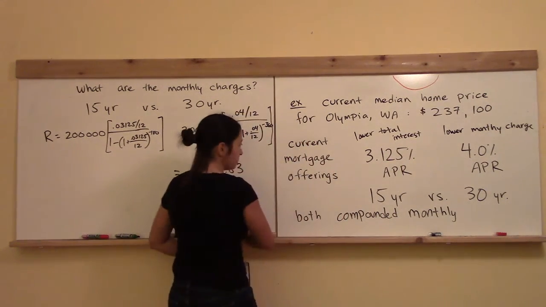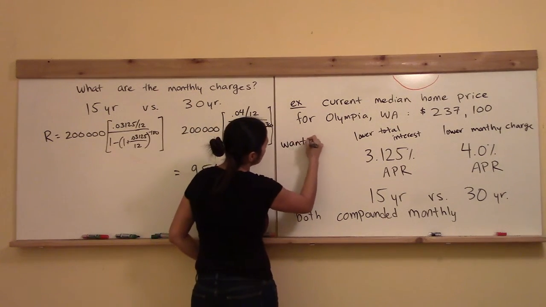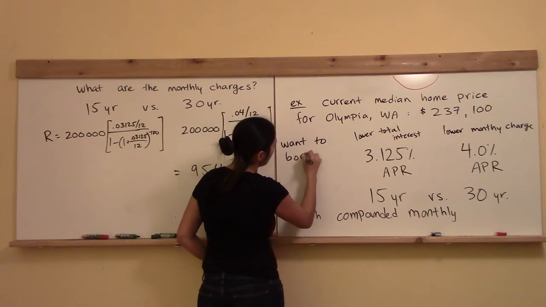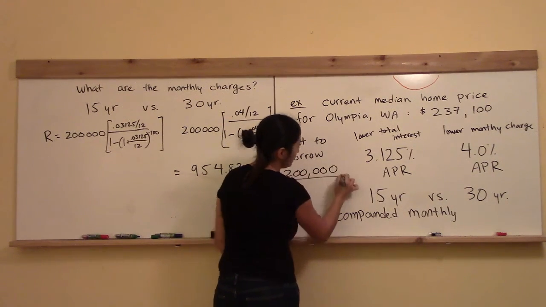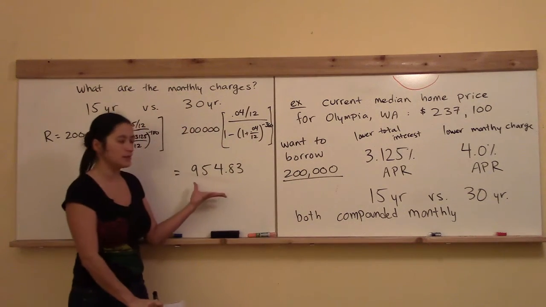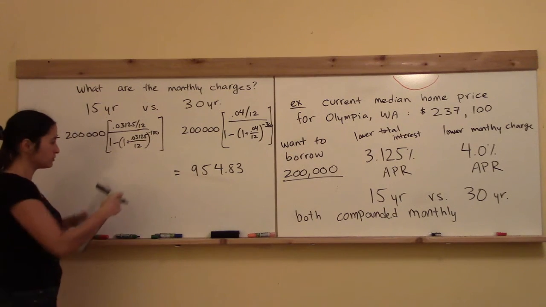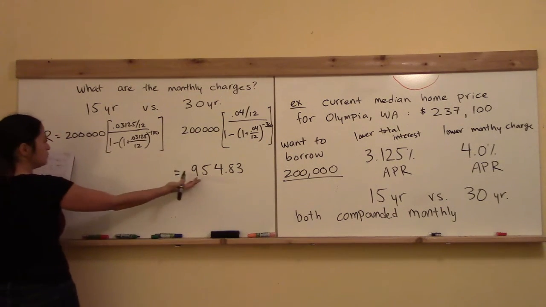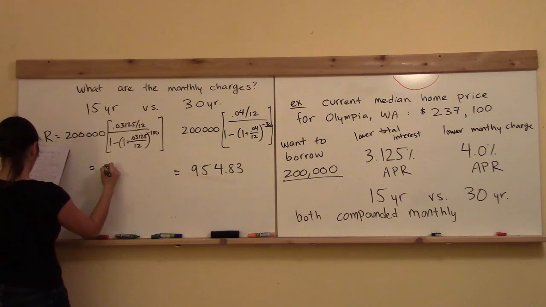And so I wanted only to borrow a principal of $200,000. Sorry I didn't mention that earlier, but if you redo it in both cases with a principal of just $200,000, then you got the $954.83 over there, and then for the 15-year one, you should have got